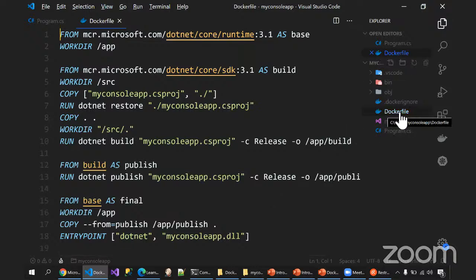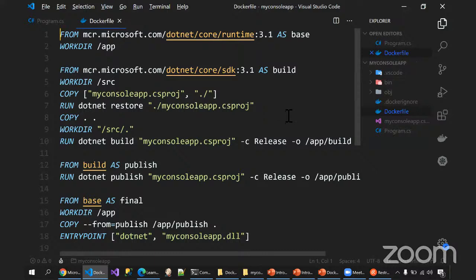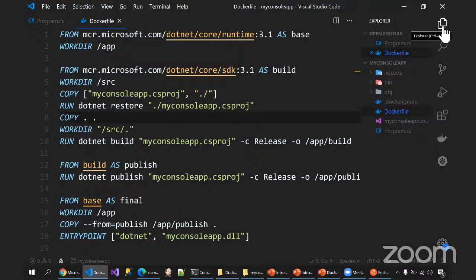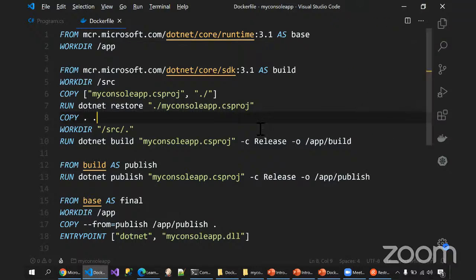It's added a Docker file here. I have not created this file manually because I don't have so much time in this session. I'm already taking the session for more than 1 hour. I directly created it from the extension I installed. If you look here, I'm having .NET Core Runtime 3.1, having the working